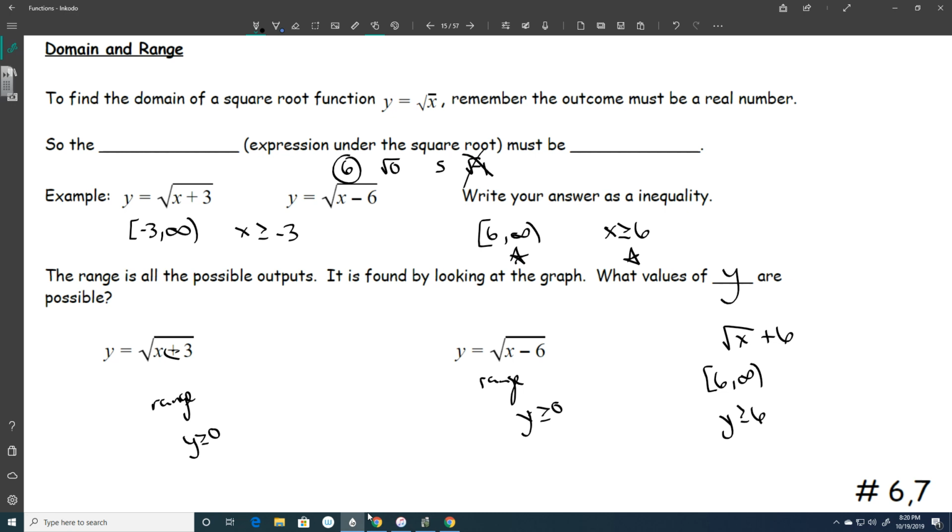All right. So what I want you to do, pause the video, try number 6 and 7. This changes a little bit. This domain has always been all real numbers up to this point, but it's not anymore. Now there's actual values of x that don't work, and we can't include those in the domain. So try 6 and 7. When you're done,